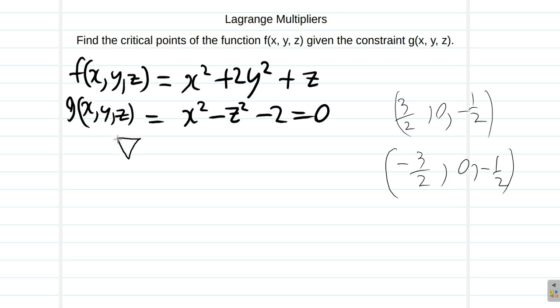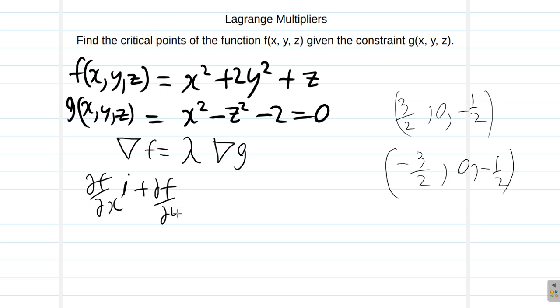Now, just as a reminder, the formula is that the gradient vector of the function is this Lagrange multiplier times the gradient vector of the scalar. The gradient vector of the function would be the partial derivative of the function with respect to x in the i direction, plus the partial derivative with respect to y in the j direction, plus the partial derivative with respect to z in the k direction, is equal to lambda times